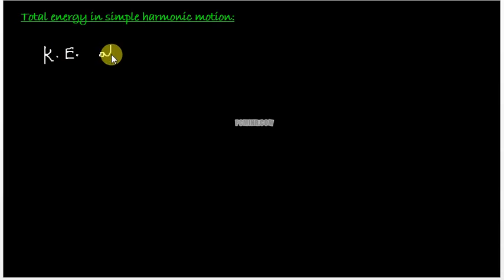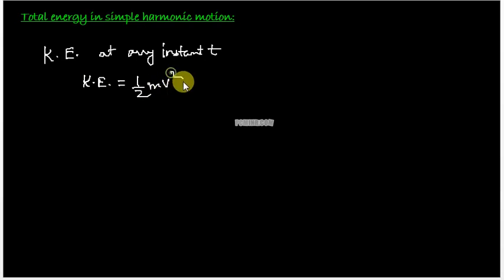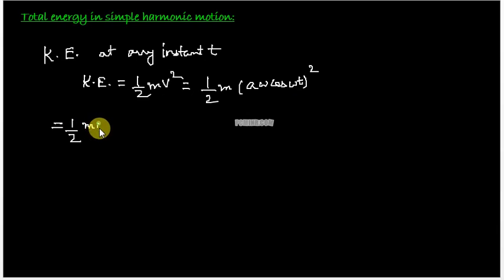So, kinetic energy at any instant t would be given as kinetic energy is equal to half mv square, and we have already calculated the expression for velocity. So at any instant, velocity is equal to a omega cos omega t. So just square this up and we get it as half m omega square into a square cos square omega